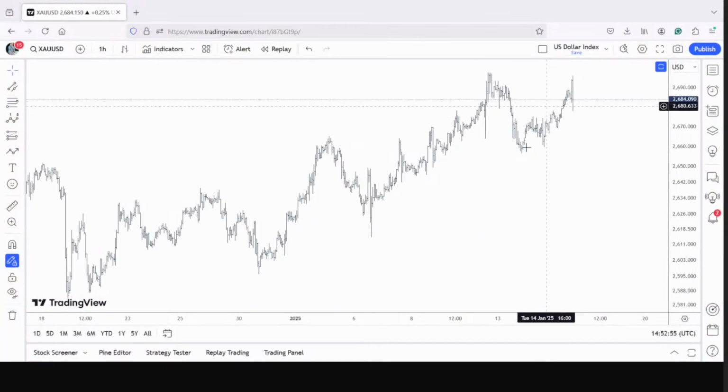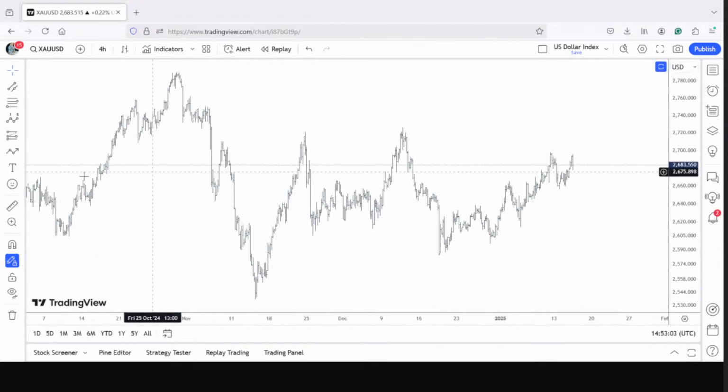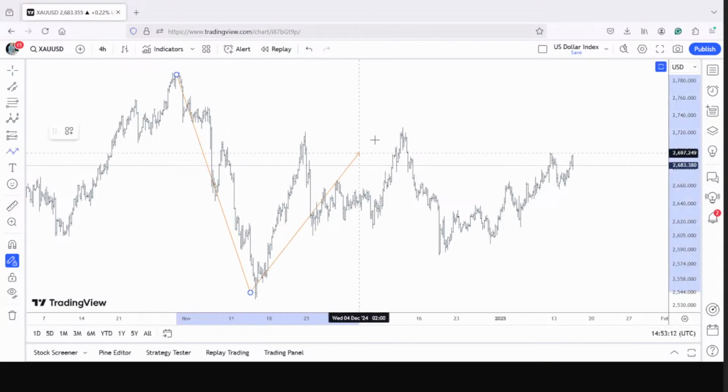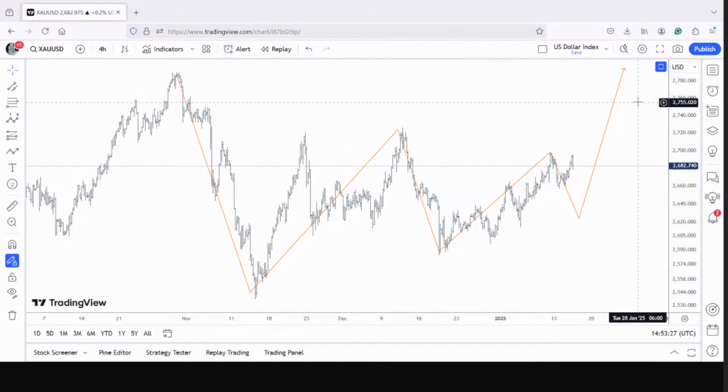Gold just pushed a bit higher, but still the structure remains the same. I'm going to flip the chart to 4-hour. And the structure that we are now anticipating is as follows. Okay, let me just do the path here. If it's a triangle, then it's going to be A, B, C, D, and E. That's where we exit, and the next rally towards the 3100 mark.